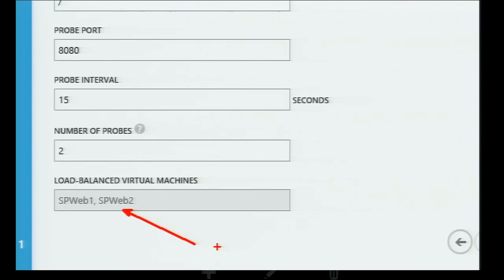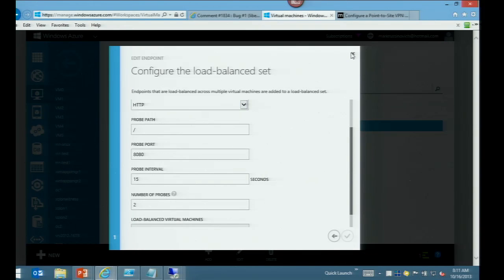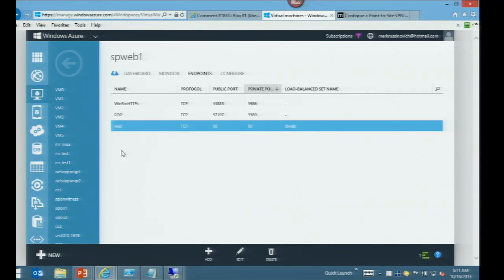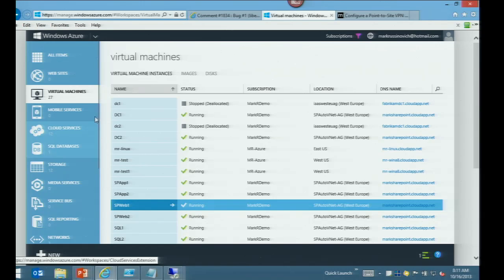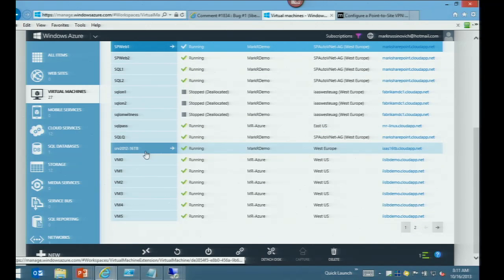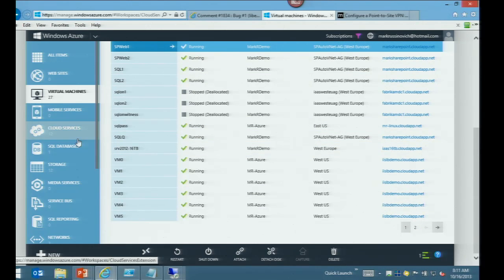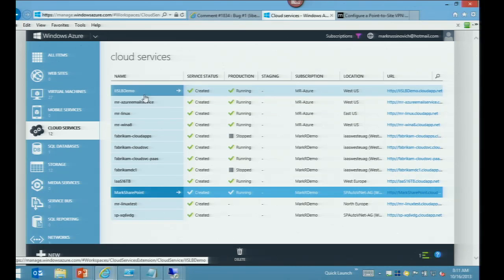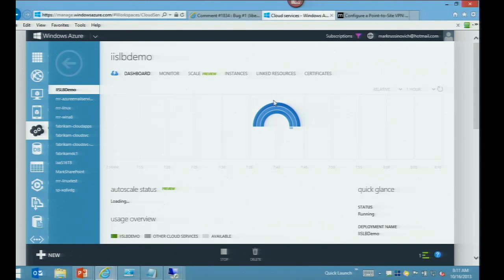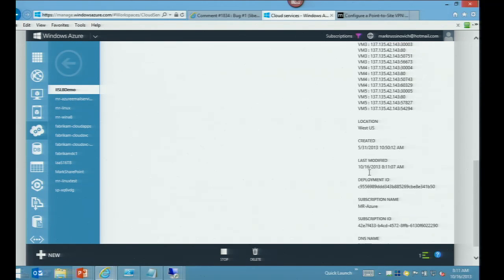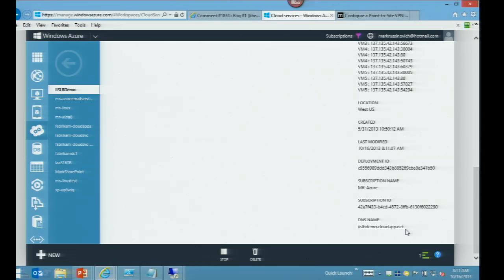So these are the two front ends for my SharePoint farm that are part of that load balance set. Now what will happen is that the load balancer will spray requests across them. I'll demonstrate really quickly because I just think this is a cool demo. I've got a website called IaaS Load Balance Demo, and I click on the public link here, the DNS name that's mapped to that